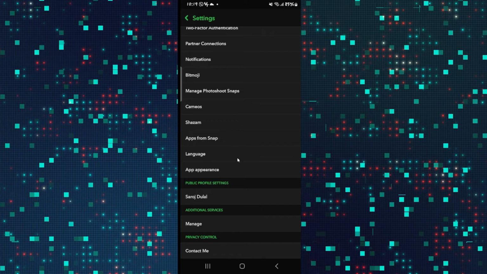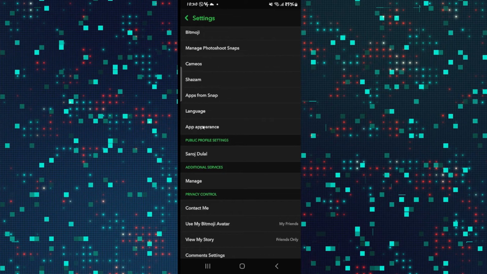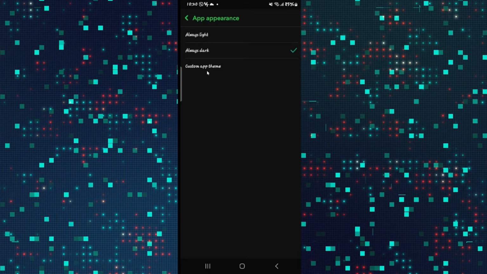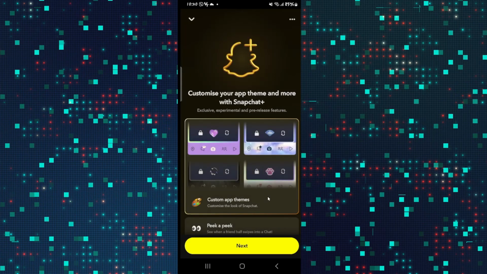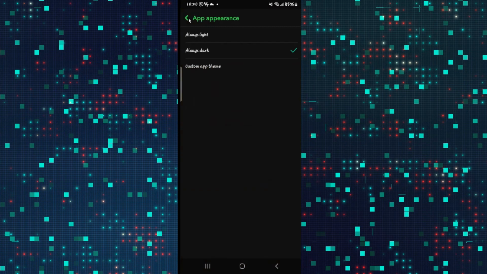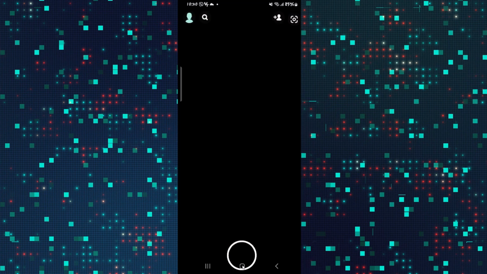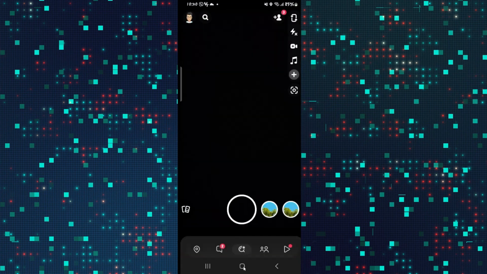mode. You can come back to the settings menu and then tap on App Appearance and also use Custom App Theme. From here, you can choose various different skins by customizing the app theme based on your desire. You can come back to this menu as many times as you want to change your theme for the Snapchat